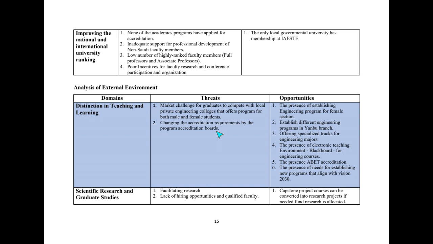So we had to adapt to that and change our practices accordingly. So the threat here was in the SWOT analysis. It was mentioned along with other threats, like the market challenge for graduates to compete with the local private engineering colleges that offer programs for male and female students,